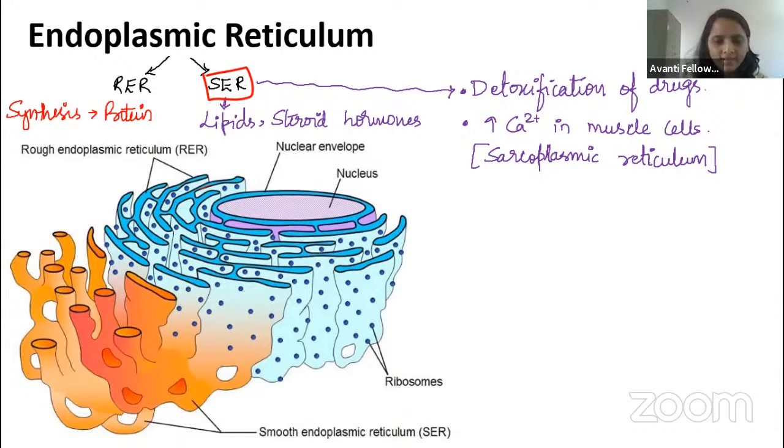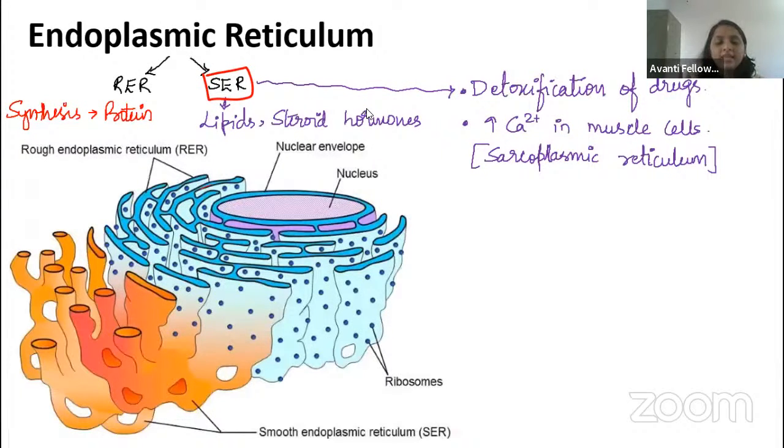The calcium will come, right? The calcium will bind to the troponin and remove it from the active site of the actin, right? So then what will happen? Then the myosin head will come and bind, right? So first, the calcium will come and bind to the troponin, then the troponin is removed, right? So then the myosin is going to bind on the active site, right?